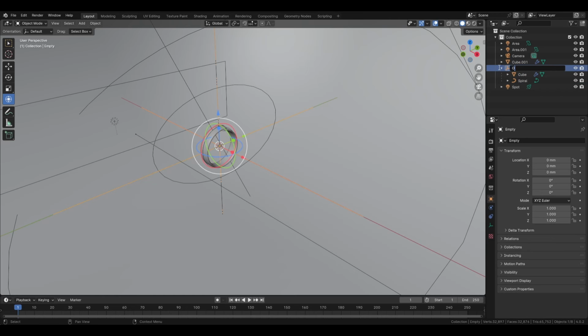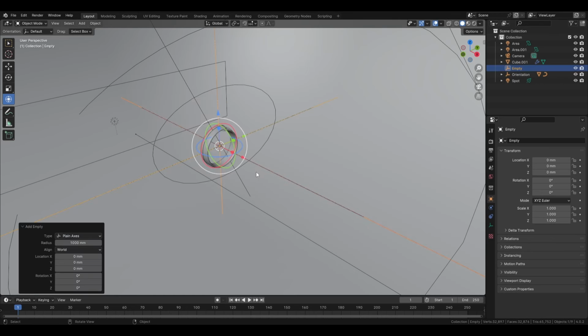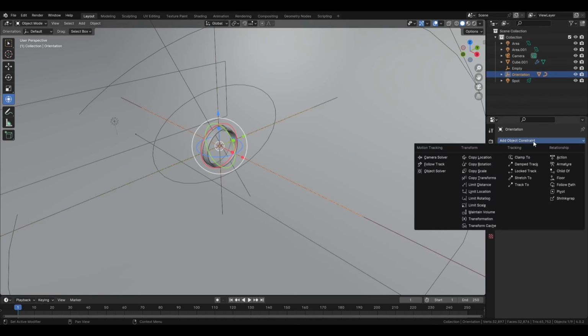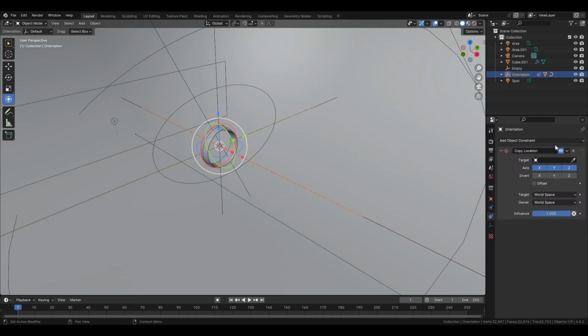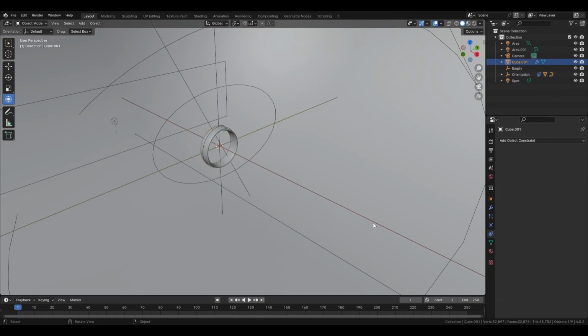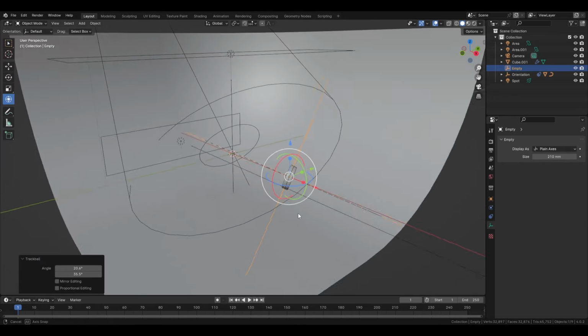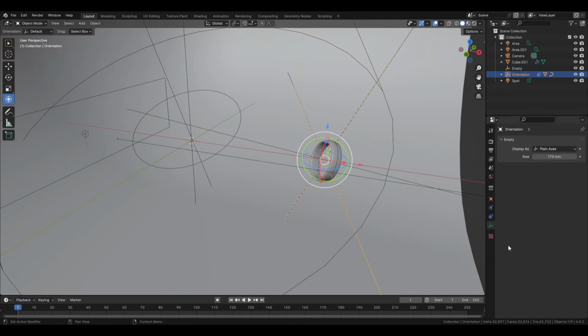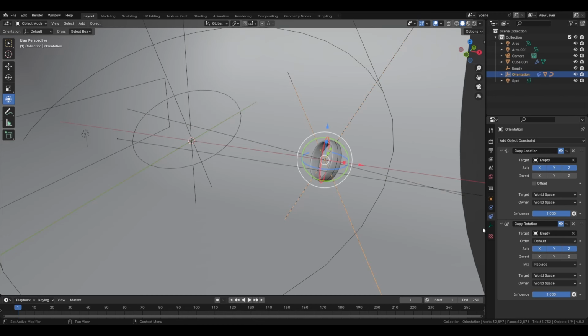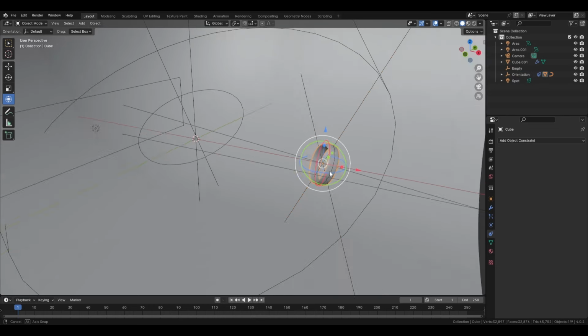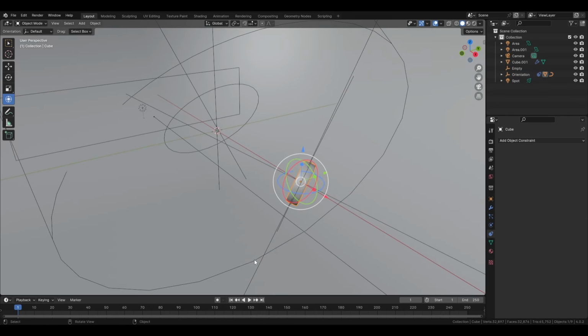So here, orientation, you can create a new empty, like this. And actually this empty is going to guide the other empty. So if I click on this and I go into constraint, add constraint, copy location and copy rotation, so both, and then you select your other empty for both, like this. It means that now you can move this however you want, but actually your other empty can be influenced from 0 to 1 with this empty, and so if you put 0, it's going to come back to its initial position. So first, it's great for animation, but here the purpose is not for animation. It's just that if you want to edit your mesh flat